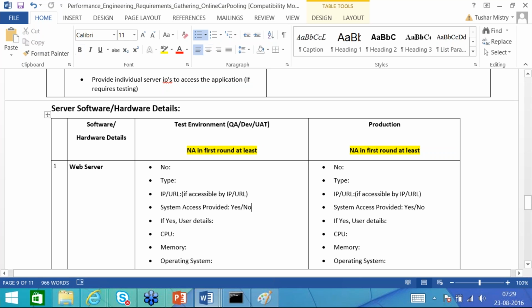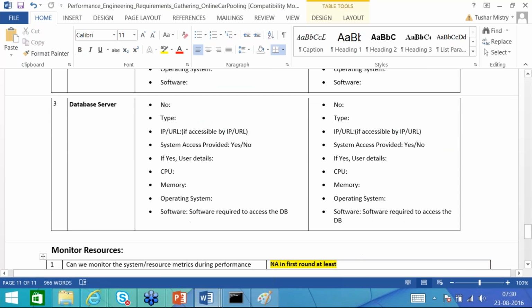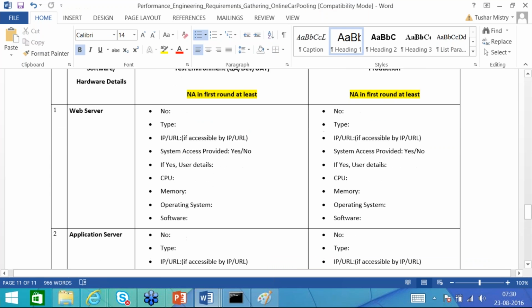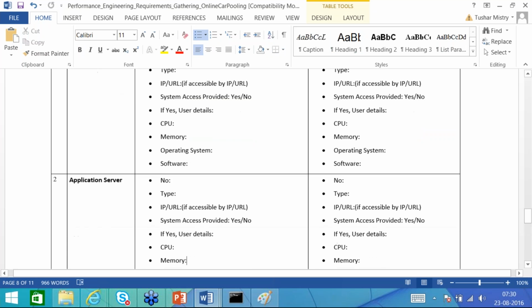This is related to the web server, application server, and database server. Not much important, but for our understanding: how many servers there are, and the CPU, memory, and operating system used by each server.